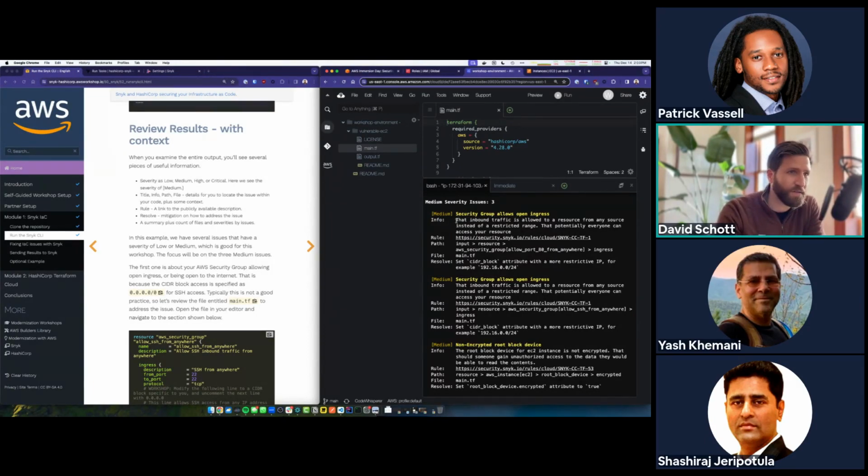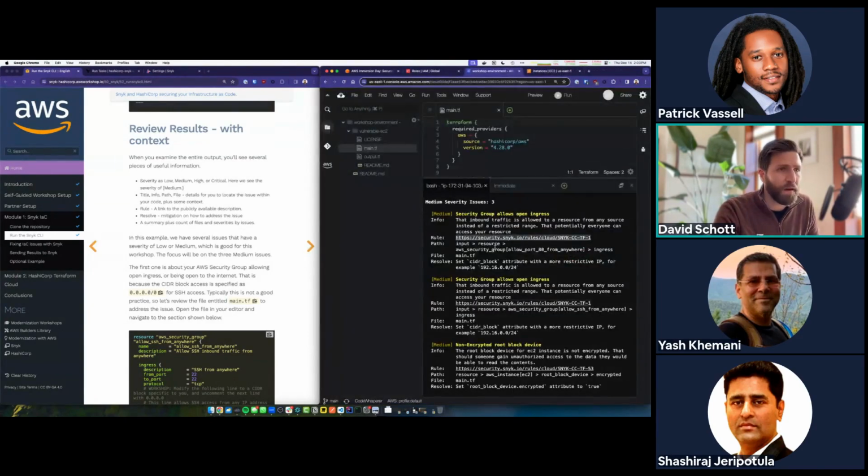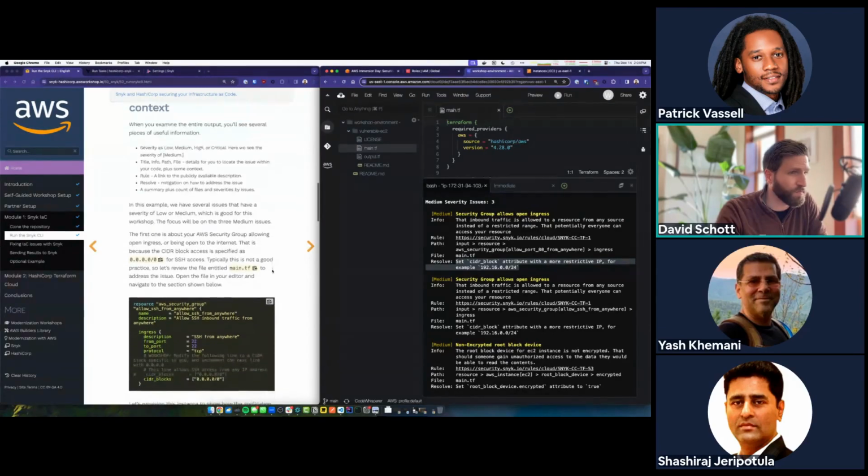So Snyk has given us some information about that, a link to the security rule that's failing, so we could actually open this up in another window and get more details about what it means when a security group allows open ingress. We see a path to exactly where in our Terraform code the issue is, and then also some instructions on how to resolve the issue.